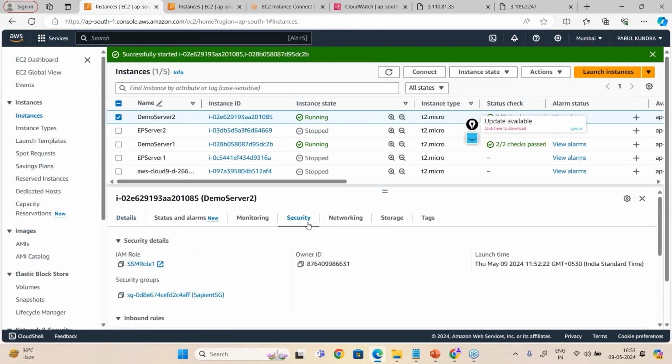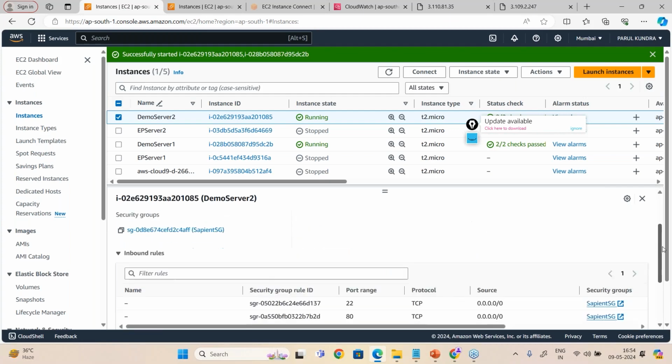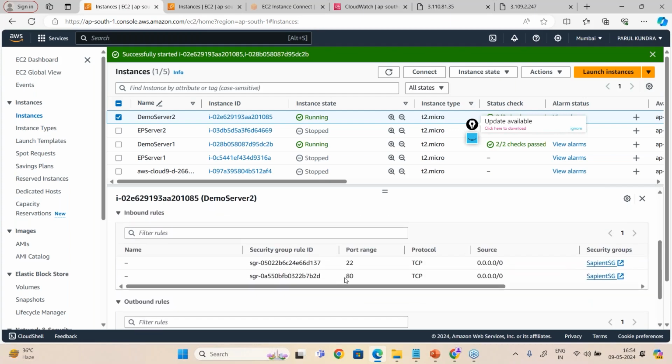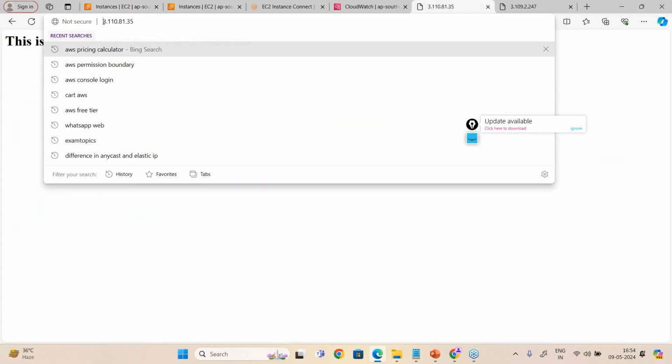What I have allowed in my security group. Please see that in my security group, I have opened port number 80 and port number 22 from anywhere. Because of this, I told every one of you to kindly hit this server. If you are able to hit this server, it means that you are hitting it from anywhere.